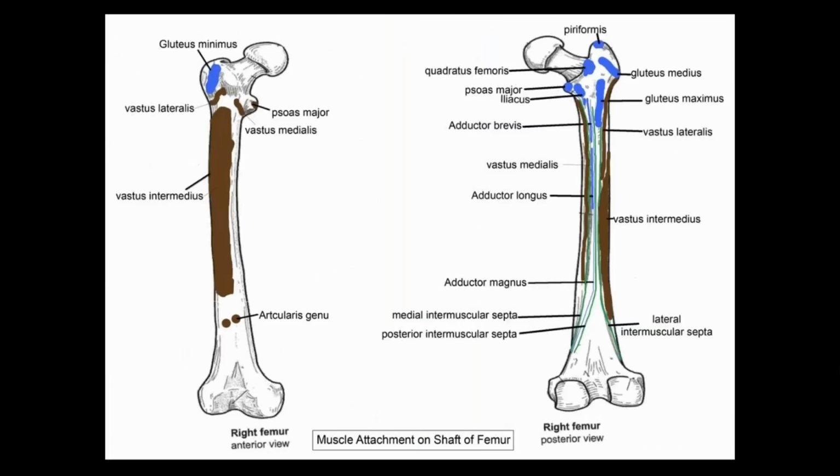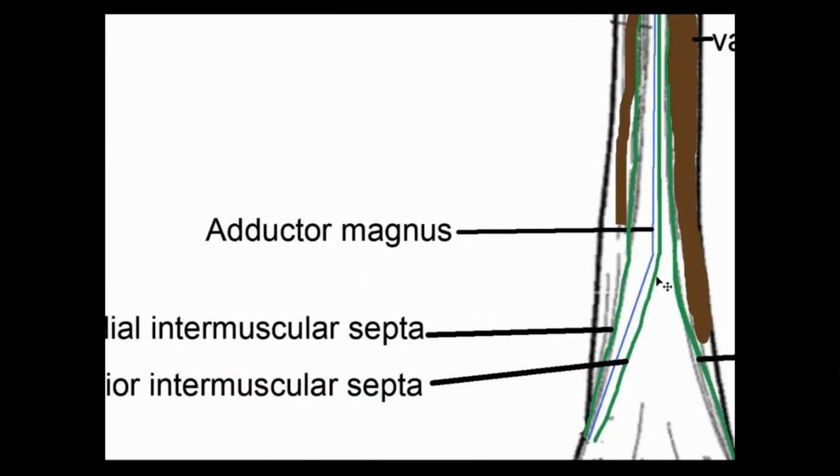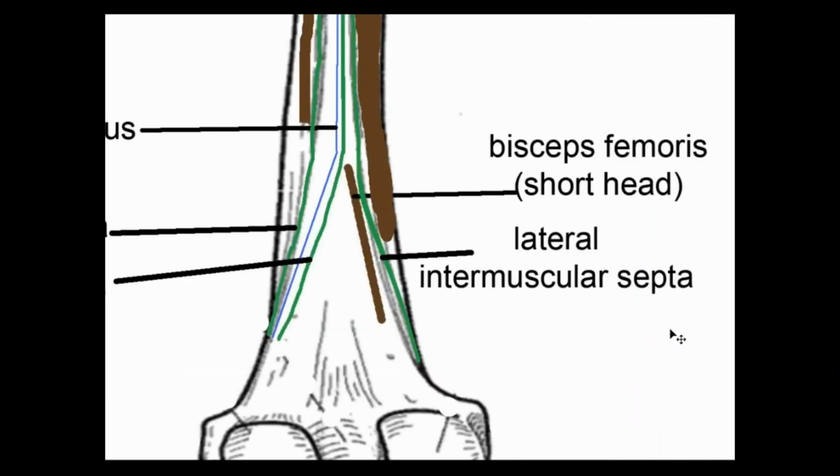Now, between the posterior and the lateral intermuscular septum, can you see this blue line? This is adductor magnus. Now, the area present between the posterior and the lateral intermuscular septum, in its lower part, gives origin to the short head of biceps femoris, which also originates from the upper 2/3 part of the supracondylar line. And on the lateral lip, as I have said, there is an attachment of the intermuscular septum, and the short head of biceps femoris.